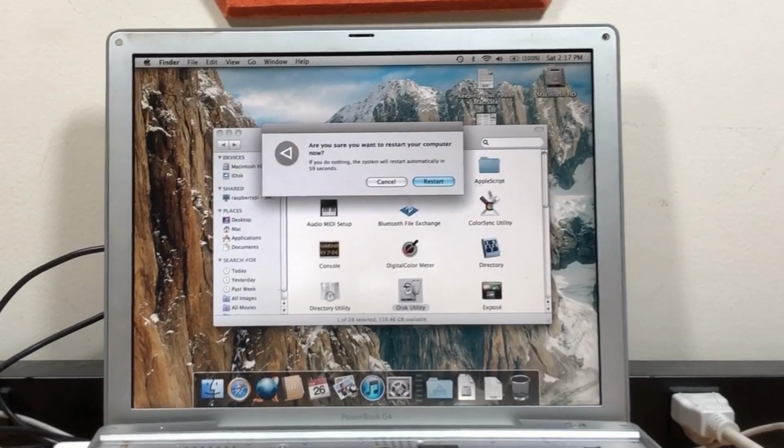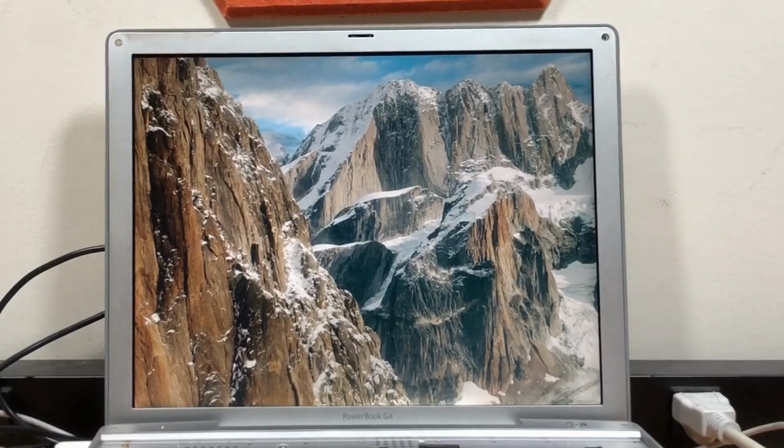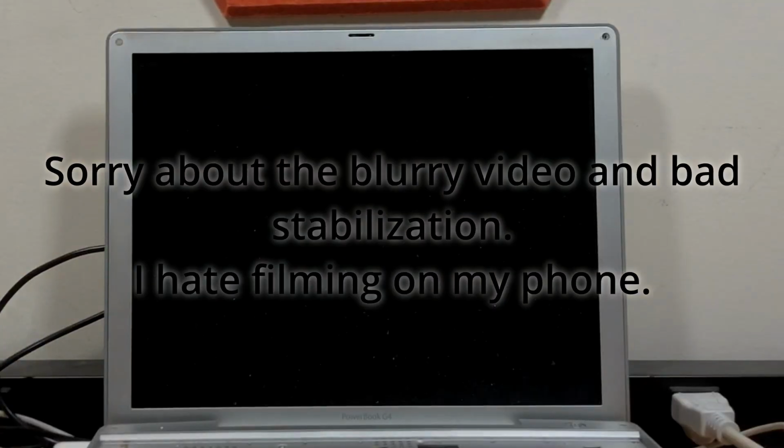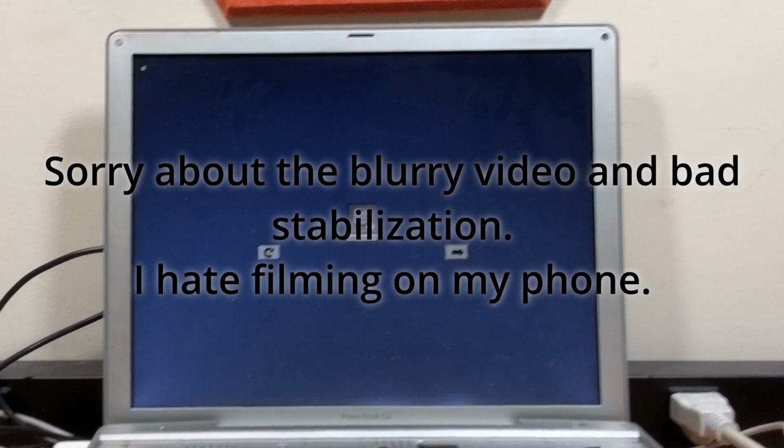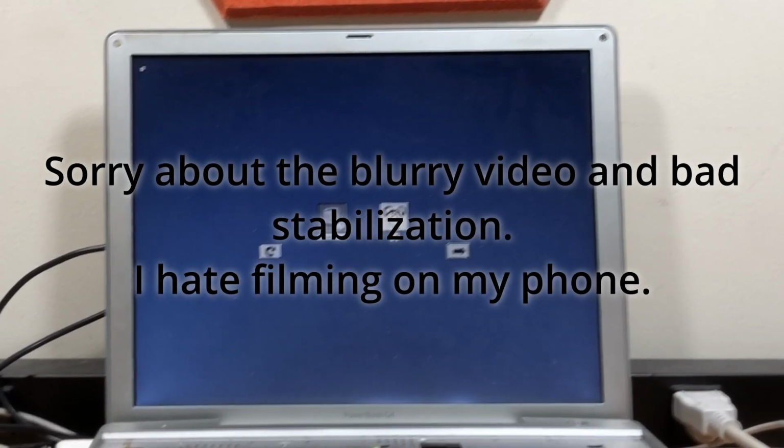Restart. Now I've installed Debian on this machine twice, so I already know all the ins and outs of getting GRUB working and all that, but I have no idea if it's going to work properly with this dual booting setup, because I've never installed GRUB dual booting on anything other than Windows.